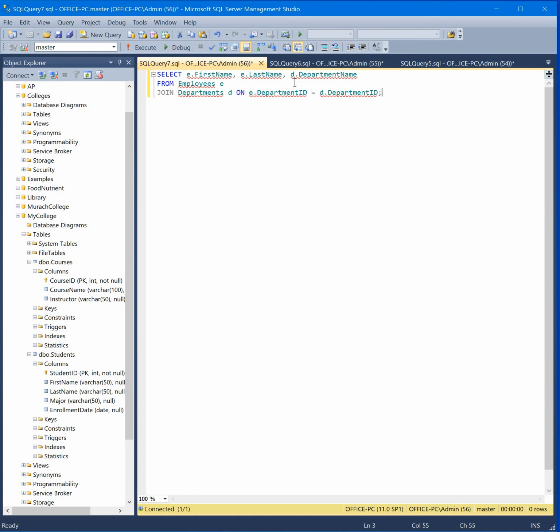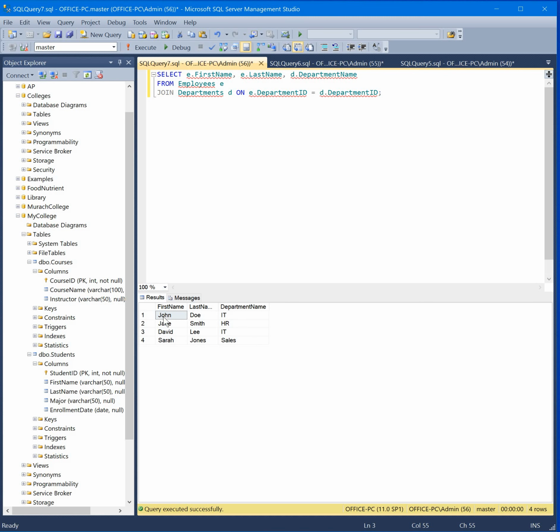So the field department name belongs to the department table, and I'm going to say from employees, and its alias is E, and then I'm going to join departments, alias D, on the following fields: department ID as a primary key and department ID. Department ID is a primary key in department table, and department ID is a foreign key in employee table. And I'm going to execute it. And here's my information. So I see that Jane Smith, for example, works in HR, David Lee works in IT,